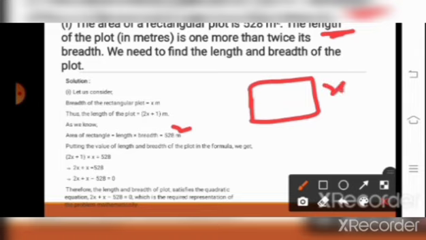So first we will assume the breadth. Let the breadth be x meter. So length is twice its breadth plus 1, 1 more than twice its breadth. So length becomes 2x plus 1. So according to the question, how will we find the area? Length into breadth. So x into (2x plus 1) is equal to 528. When you solve that, you can make it quadratic: 2x square. Square is missing, so you can write down 2x square plus x minus 528 is equal to 0. So yes,